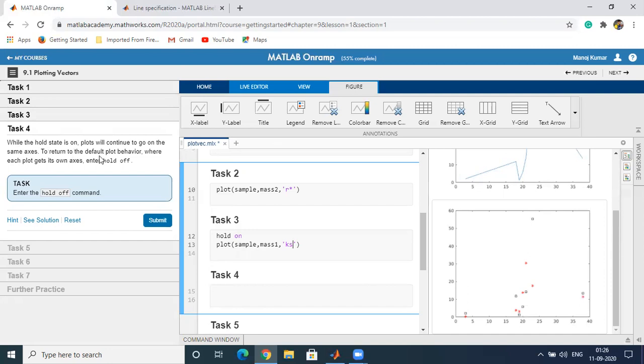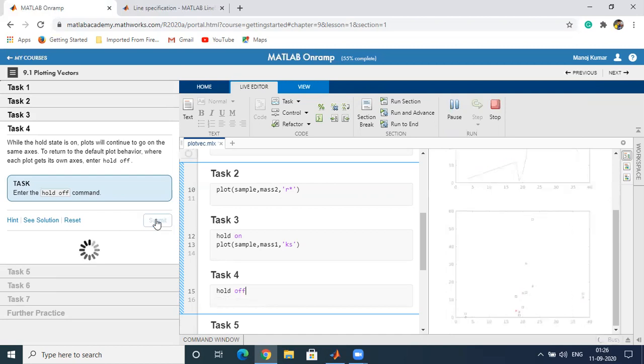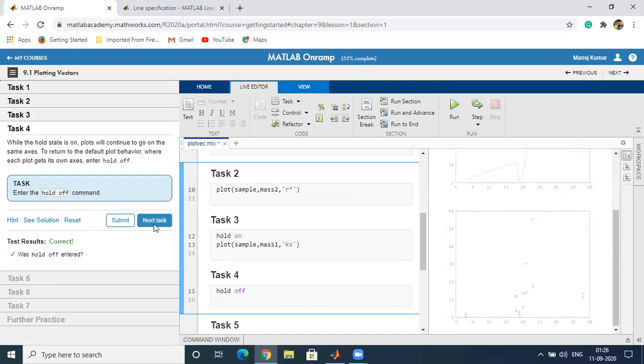To return to the default plot behavior where each plot gets its own axis, we have to use the hold off command. So let's type hold off. After using hold off, if we plot again, it will create a new plot. It will not be plotted in the previous plot.